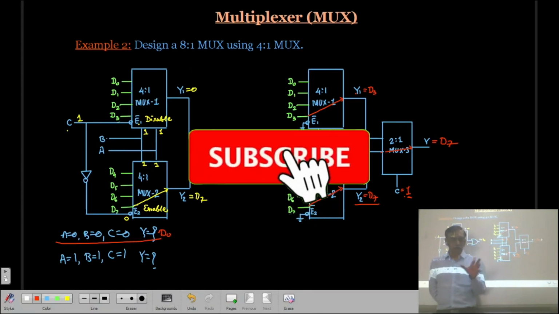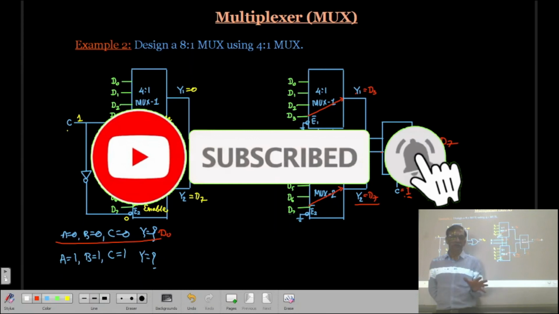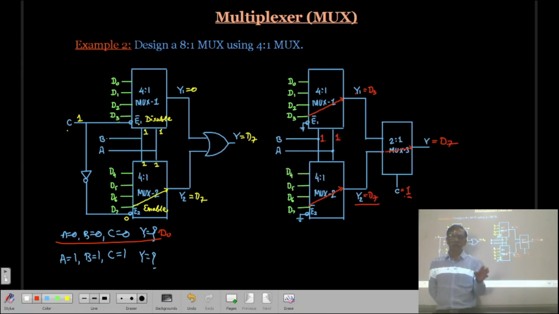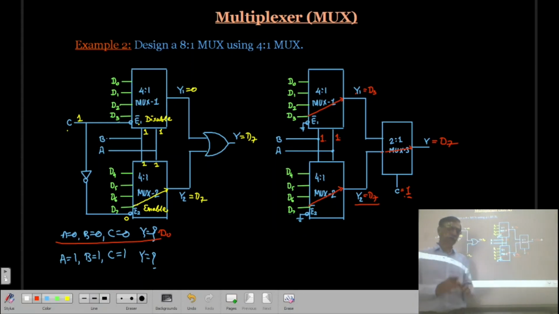But how to connect the selection switches? That is very, very important. Configuration of the selection switches is very important. So in that case, either you can use the enable line or you can use any other multiplexer for designing a 32-to-1 multiplexer.